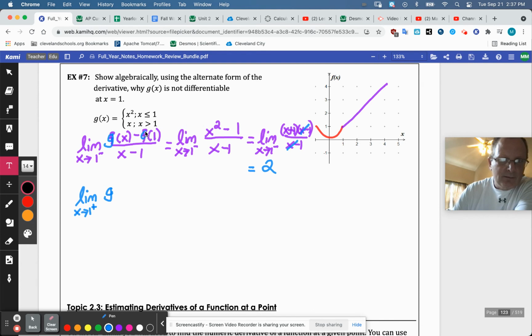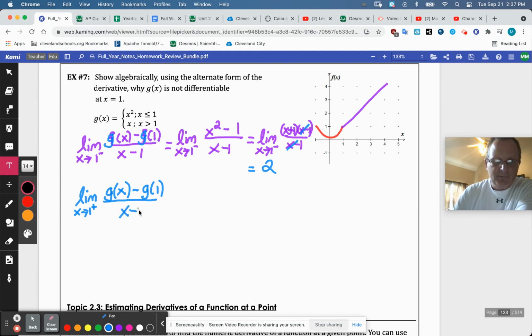Sorry. So g of x minus, now this one's weird because it's g of 1, but they're the same, so it works out. G of 1